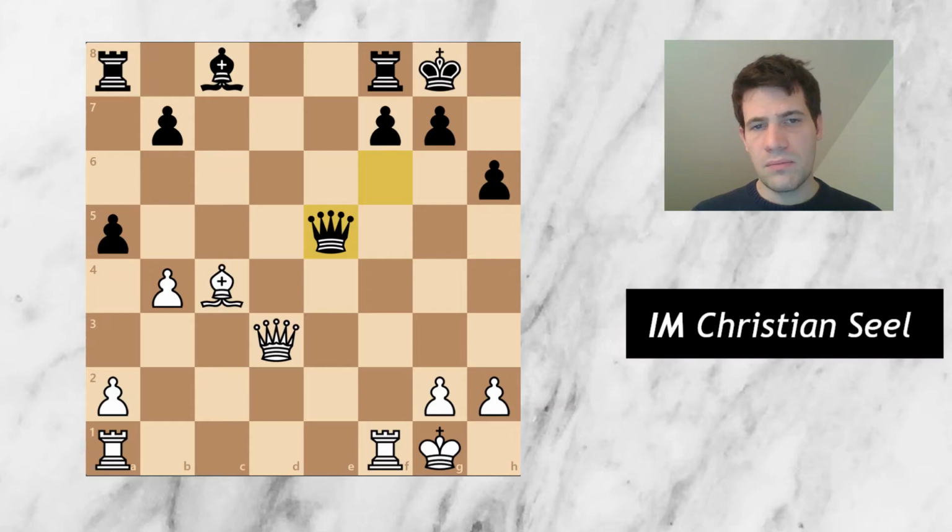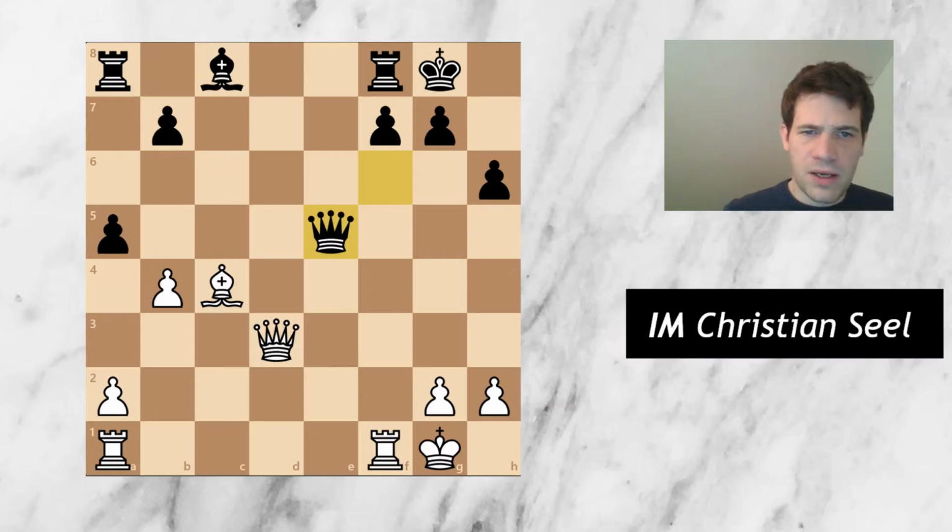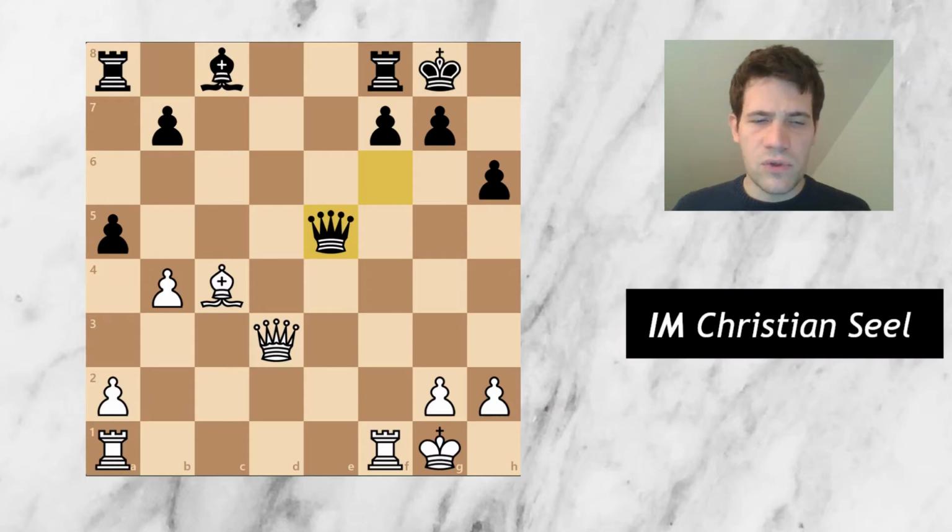Rook takes f7, rook takes f7. Queen d8 check, king h7, and then I don't have anything. Rook f7, rook f7, rook f1, bishop e6 is also okay for black, so I don't think rook f7 is the solution,